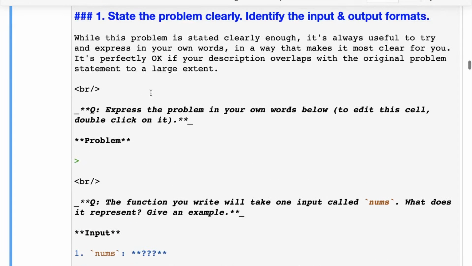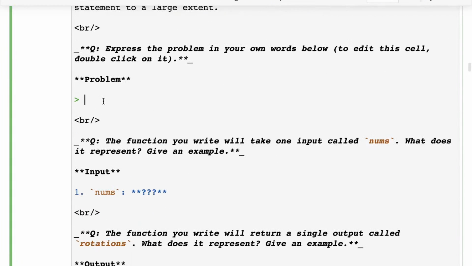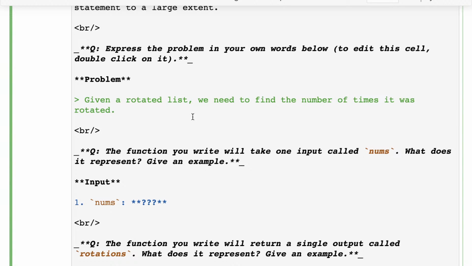So once you double click, you can now edit this text cell, and now we can start writing a problem. So let's say given a rotated list, we need to find the number of times it was rotated. And okay, I think what I've probably missed here is that it is a sorted list.